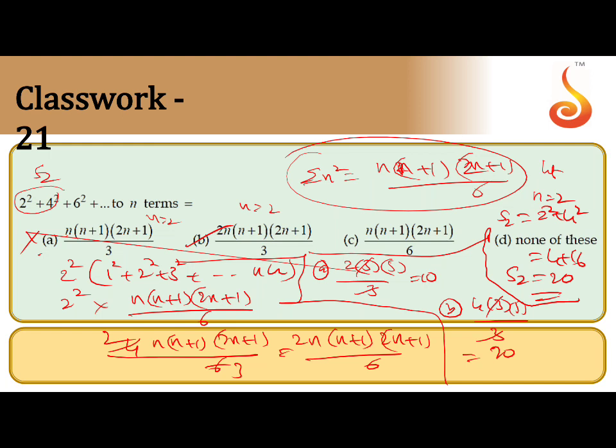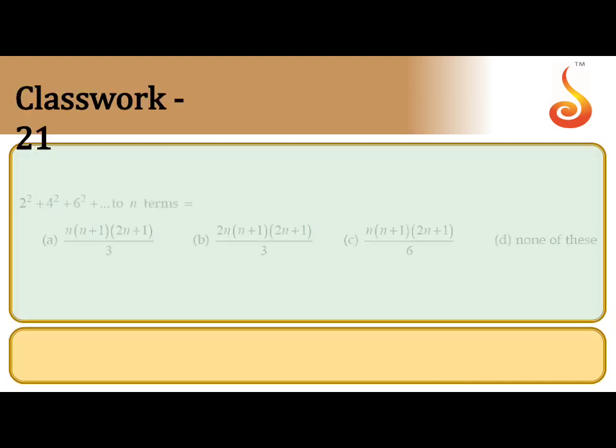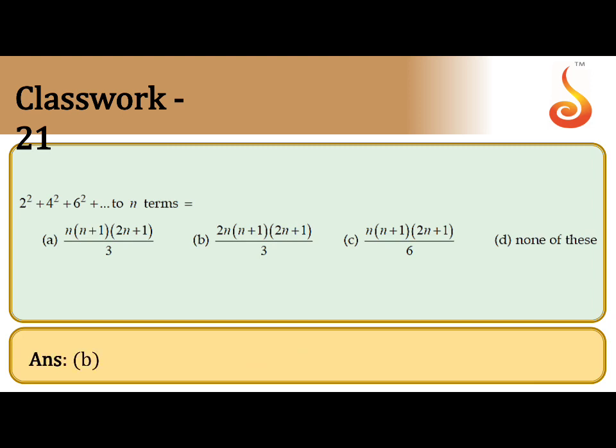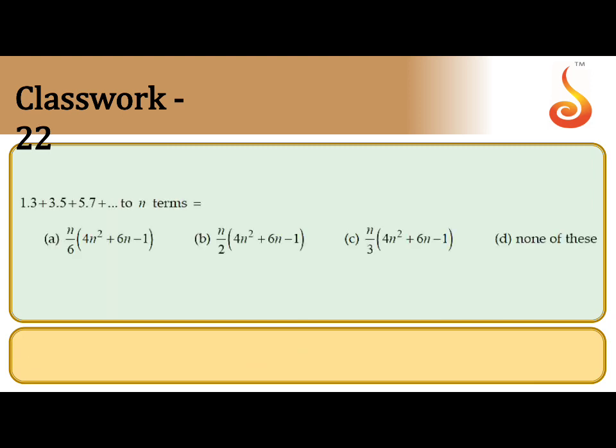So the second method is an easier method to solve these questions. I will explain one more question based on this. The option is B. Next, we can take that method here. I will go a little slow. Let n equal to 2, calculate S2, the sum of the first two terms: 1 into 3 plus 3 into 5. So 3 plus 15, that is 18. That means the S2 value is 18. The option value should also be 18 by taking n equal to 2. So take n equal to 2 in the options.